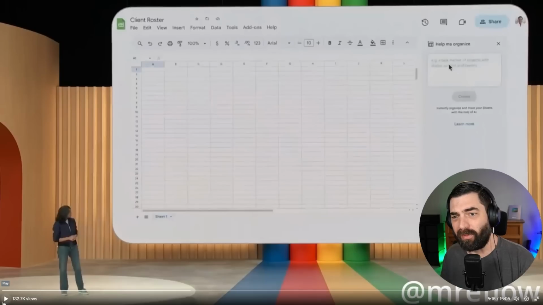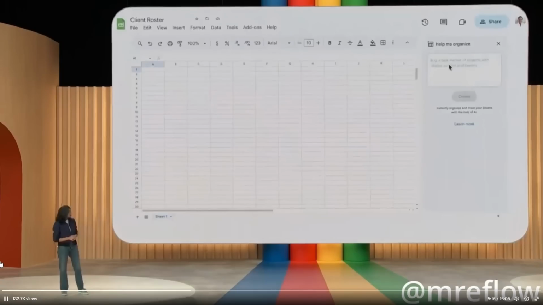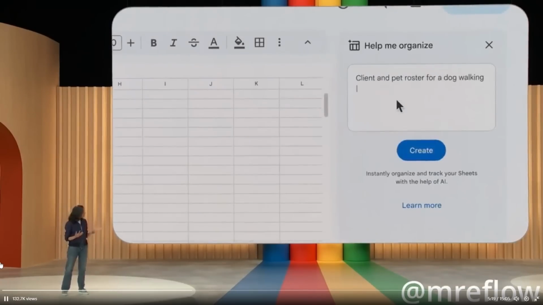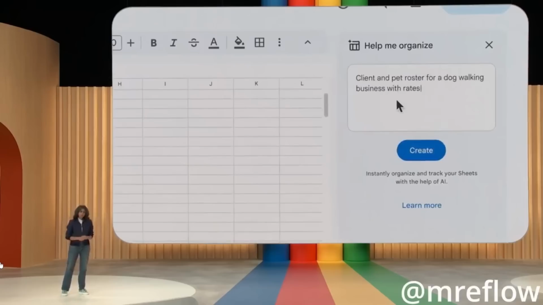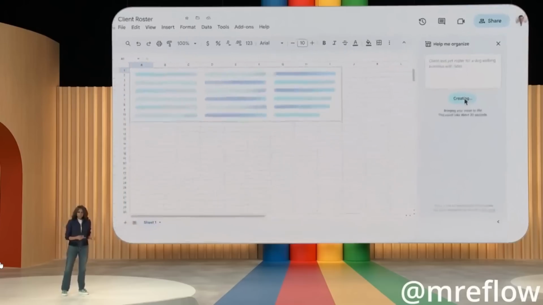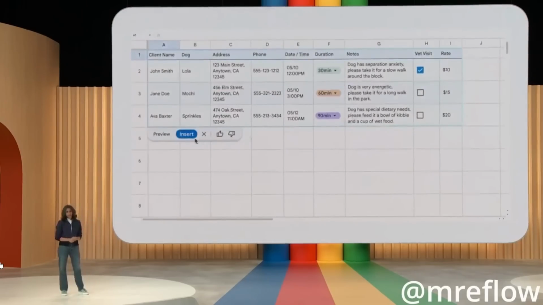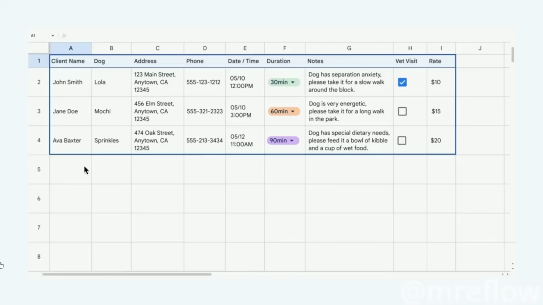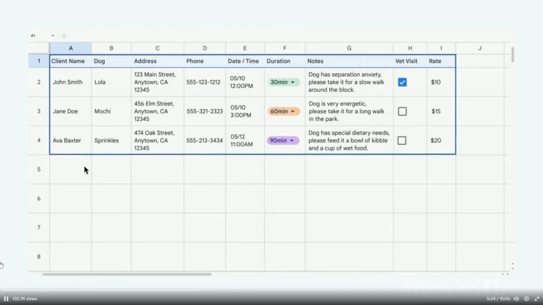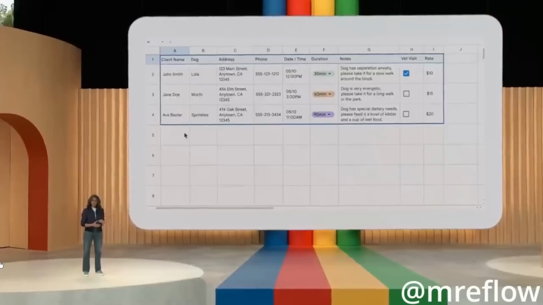Here's one of the examples of them using it that I found interesting. Something like client and pet roster for a dog walking business with rates, and hit create. Sheets sends this input to a fine-tuned model that we've been training with all sorts of Sheets-specific use cases. The model figured out what you might need. The generated table has things like the dog's name, client info, notes, etc. This is a good start for you to